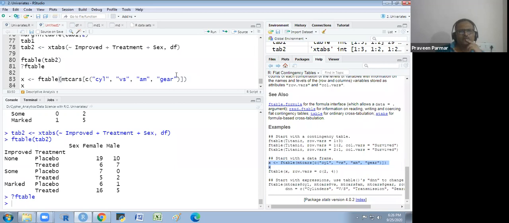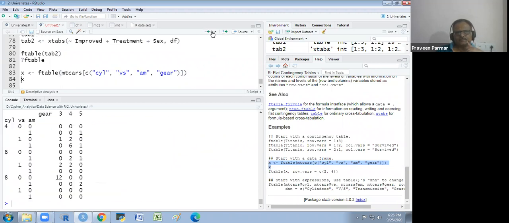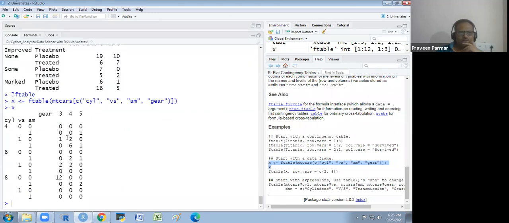I am taking the ftable for mtcars: cyl, vs, am, gear, and all these directly. So I am getting it in this way. It is the gears 3, 4, 5 here, and this is the 4-cylinder. Vertical V-shape, then am 0, 1, then 1, 0, 1. In this way, we could make a table.